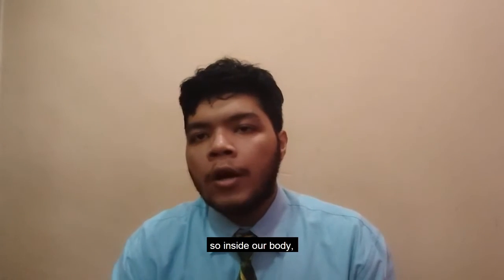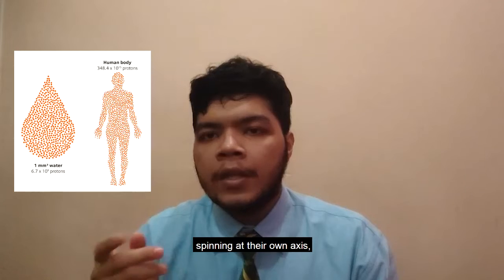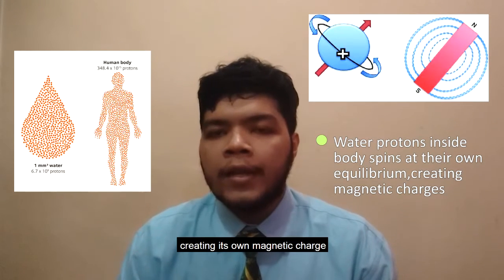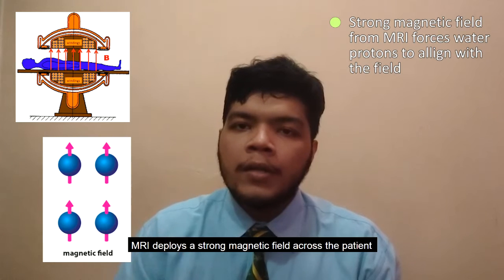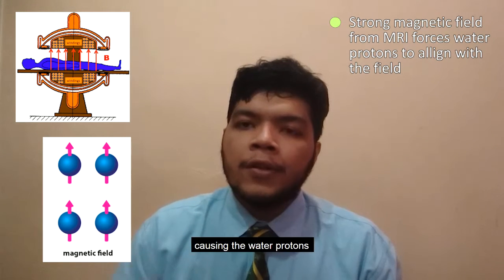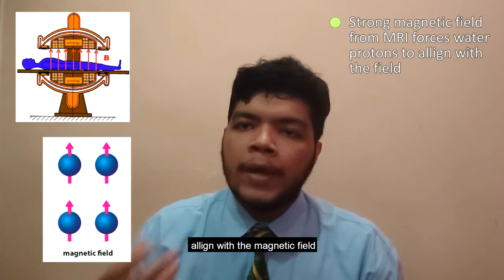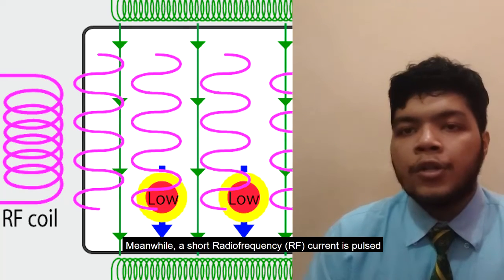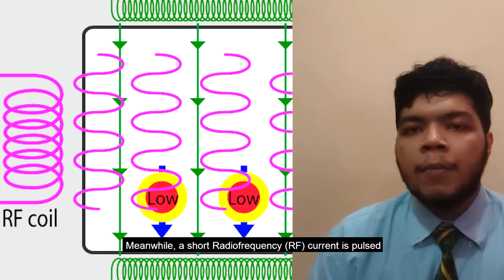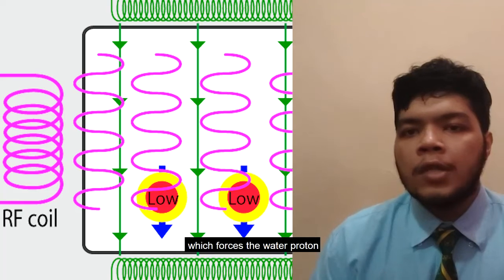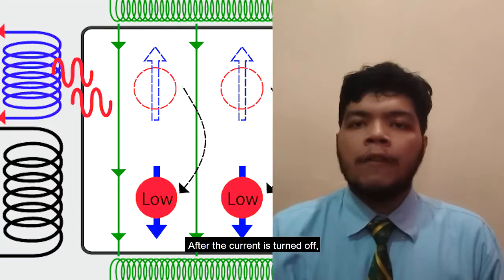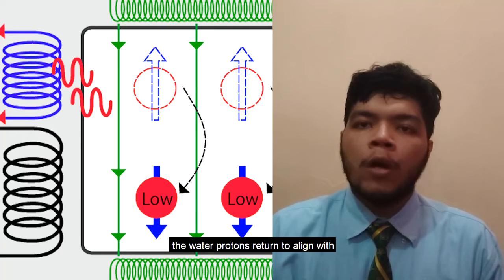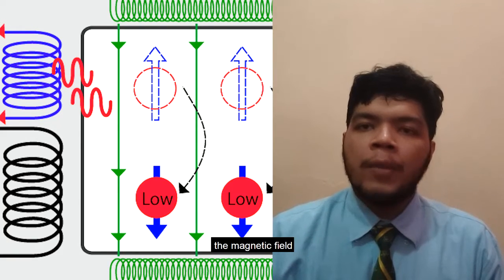So inside our body, there are water protons spinning at its own axis, creating its own magnetic charge. The MRI machine deploys a strong magnetic field across the patient, causing the water protons to align with the magnetic field. Meanwhile, a short radiofrequency current is pulsed through the patient, which forces the water protons to align away from the magnetic field. After the RF current is turned off, the water protons return to align with the magnetic field